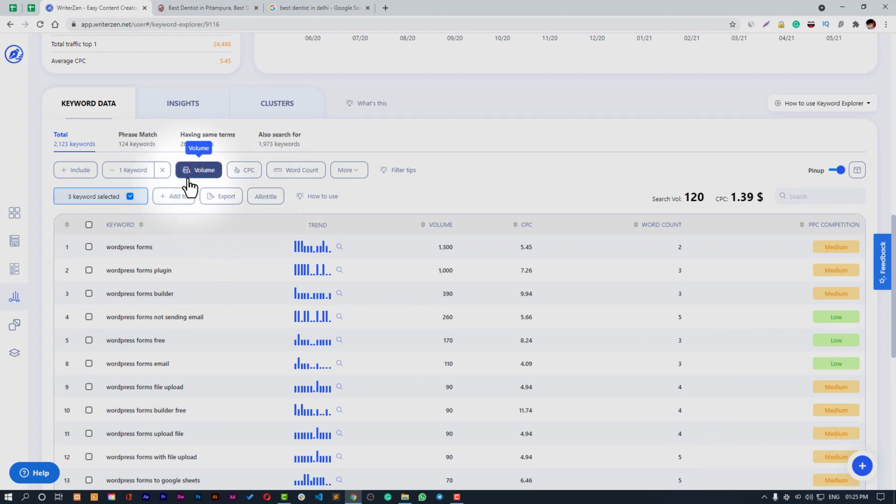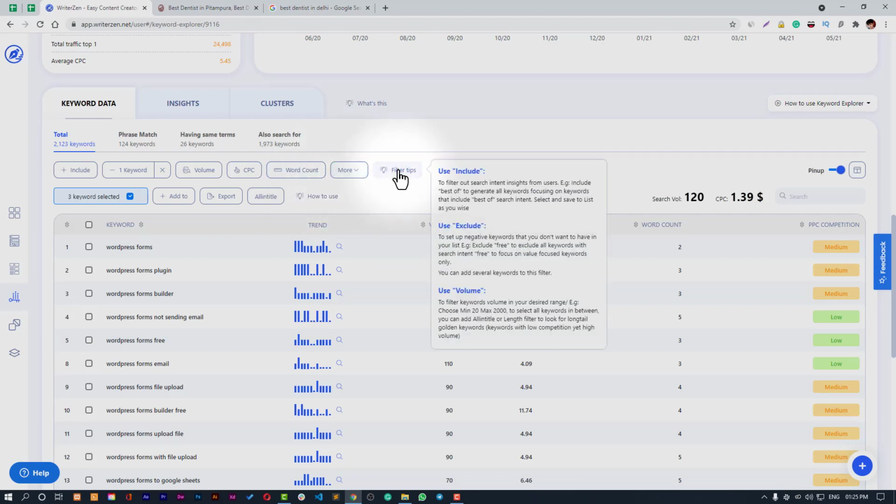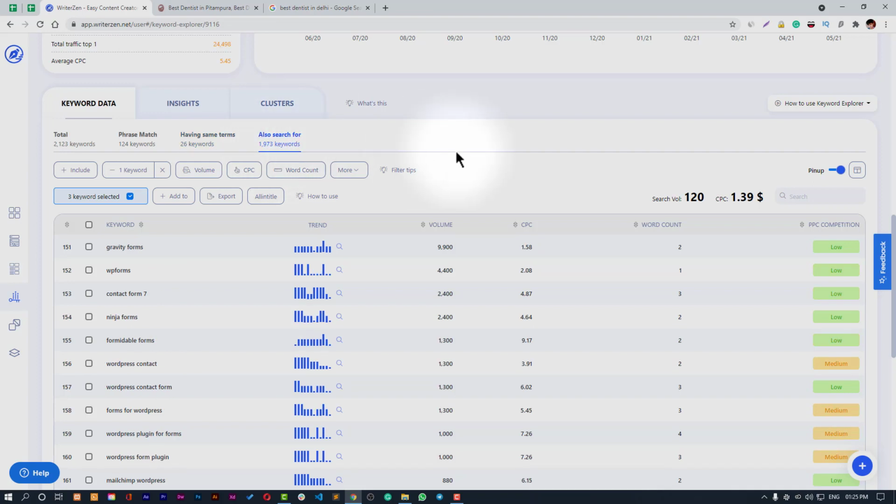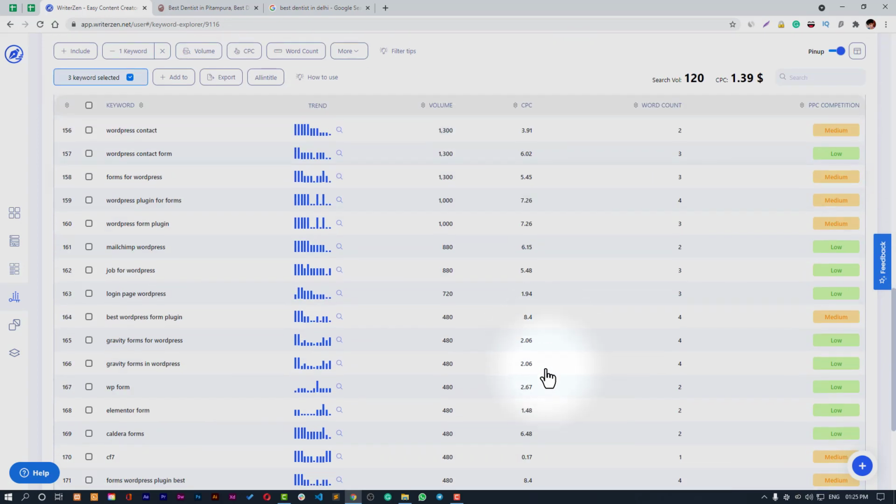You can also filter based on volume, CPC, and word count, and there are some more filters they are working on. And here is also a tip to use the filters. You can also see the total keywords, the phrase matches, the ones having the same terms, and also search for keywords. That's also kind of filtering, because total is equal to phrase match plus having same terms plus also search for. People also search for has many keywords like that, but not interestingly much useful,